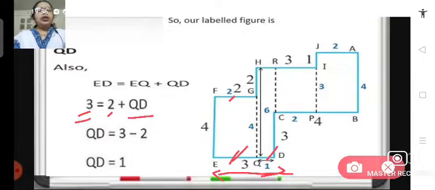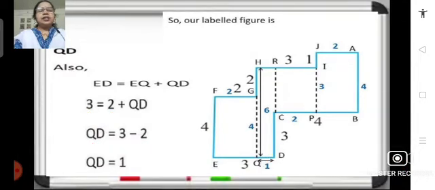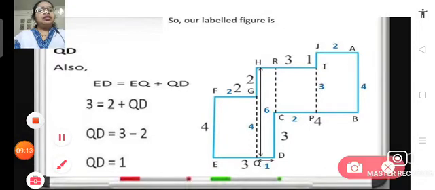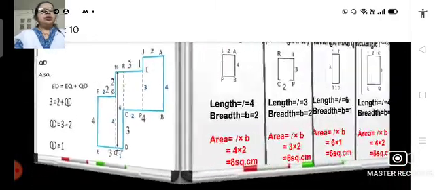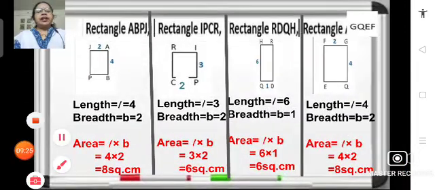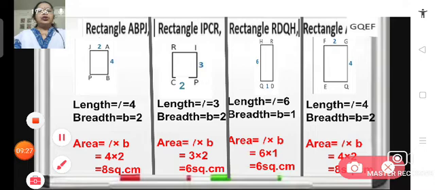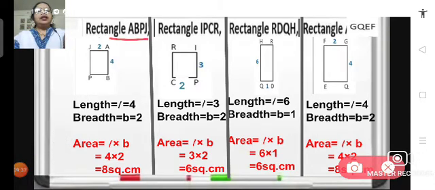Now what will be QD? QD will be 3 minus 2, that means 1 centimeter. So QD will be 1 centimeter. And in this rectangle, we have FE is 4 centimeters and FG is 2 centimeters. So now we have 4 rectangles with all the sides known. Let's once again see that rectangle